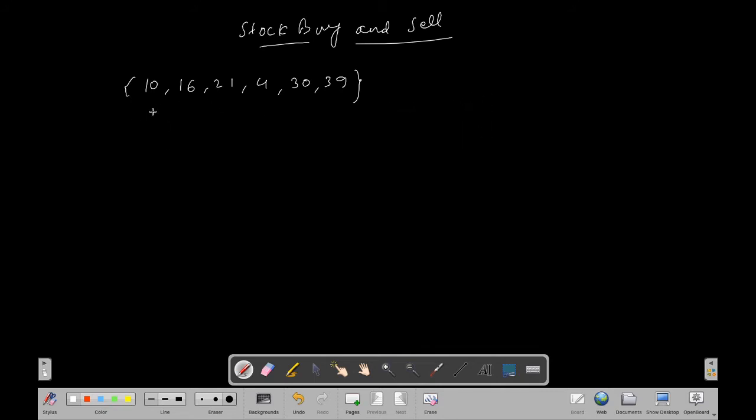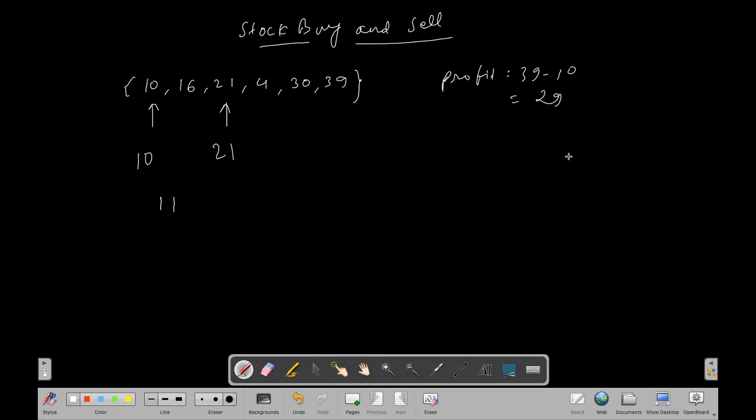For example, if we buy the stock on the first day, that is at the price of 10, and sell it at the price of 21, we get a profit of 11, and this is the maximum profit from our first transaction. You could also say, what if we buy the stock at 10 and sell at 39, because 39 is the maximum price of the stock? We get a profit of 39 minus 10, that is 29.